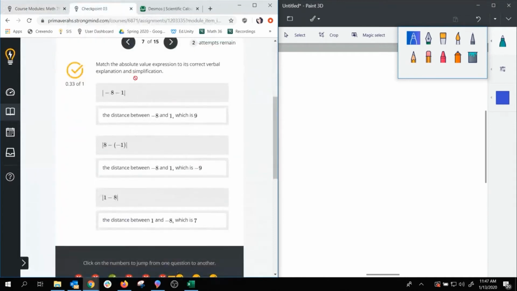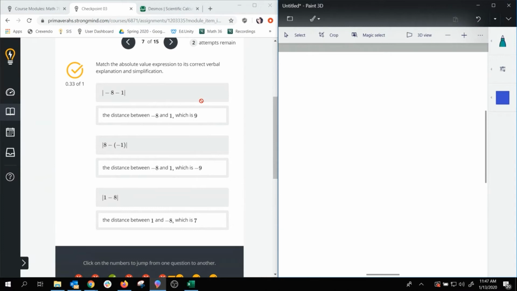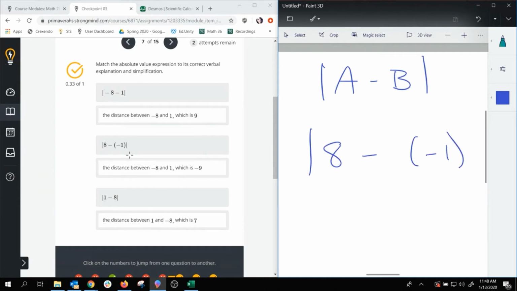Okay. 7. Match the absolute value expression to its correct verbal explanation and simplification. We have negative 8 minus 1. The distance between negative 8 and 1, which is 9. That one's correct. This one's correct. All right, this next one. So if I have a minus b in these absolute value signs, right? Because I'm always subtracting. My first number here, if I were to have 8 minus negative 1,